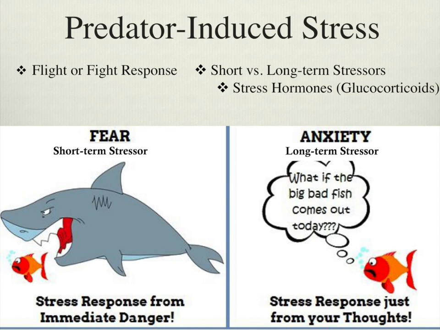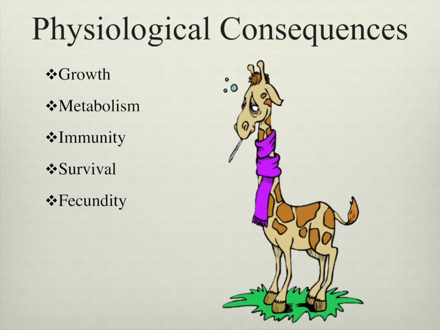However, if we're seeing things like repetitive short-term exposure or long-term continuous exposure, these elevated stress hormone levels remain within their system for a long period of time. And while this is beneficial if they ever encounter a predator, these continuous elevated levels can have a number of physiological consequences. We can see things like reduced growth rates, slower metabolism, as well as suppressed immune response. This can lead to vulnerability to both diseases and predators in their future, overall potentially reducing survival as well as offspring output.